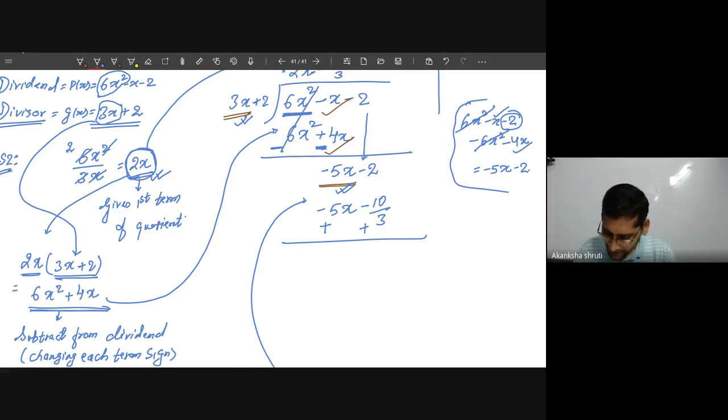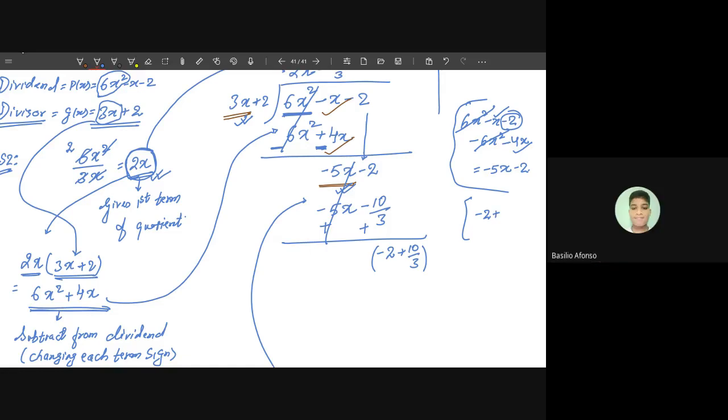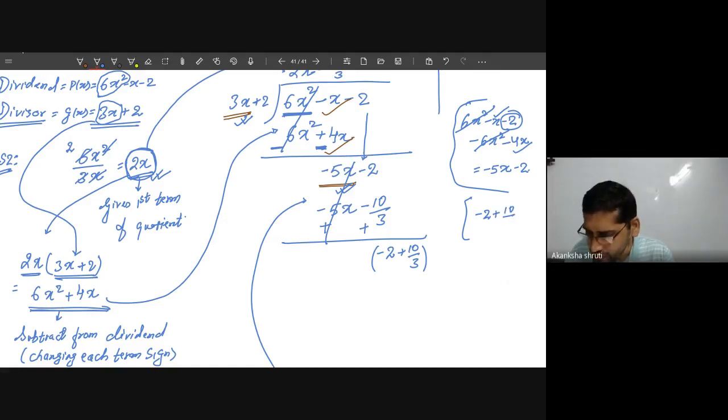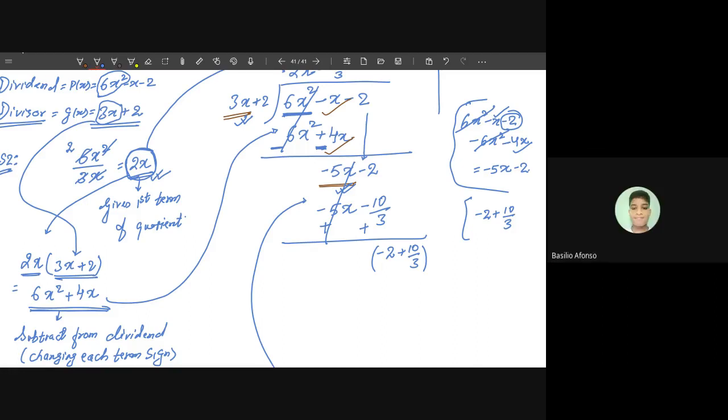Getting? Now again adding, or subtracting basically, these two, this term will get cancelled. Okay, they are of the opposite sign. And what is left? Whatever is left is minus of 2 plus of 10 by 3. This that we are getting is the remainder. You can simplify this, or you may write this as one term itself. So for that simplification, let me do it on this side. So now the degree is 0. Good. Now the degree has reduced to lesser than that of the divisor. So no further division.